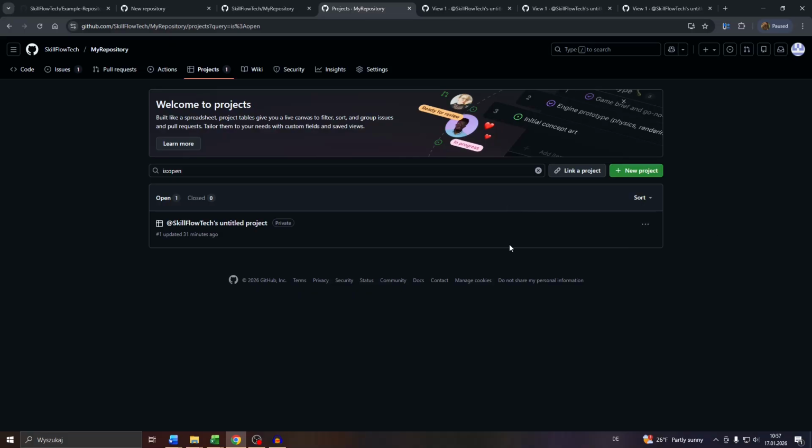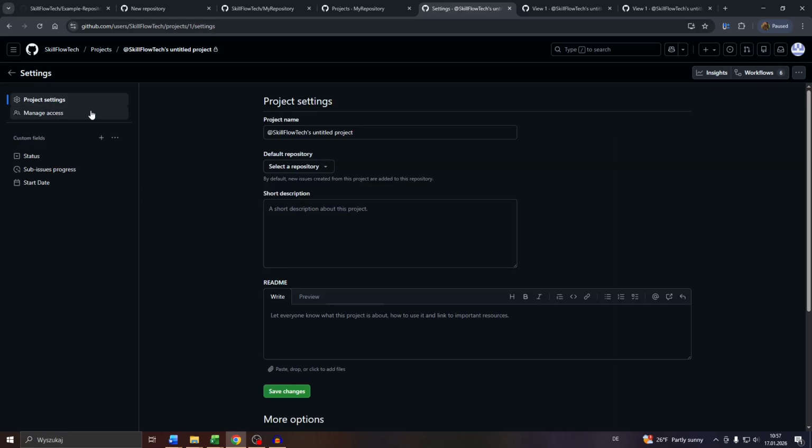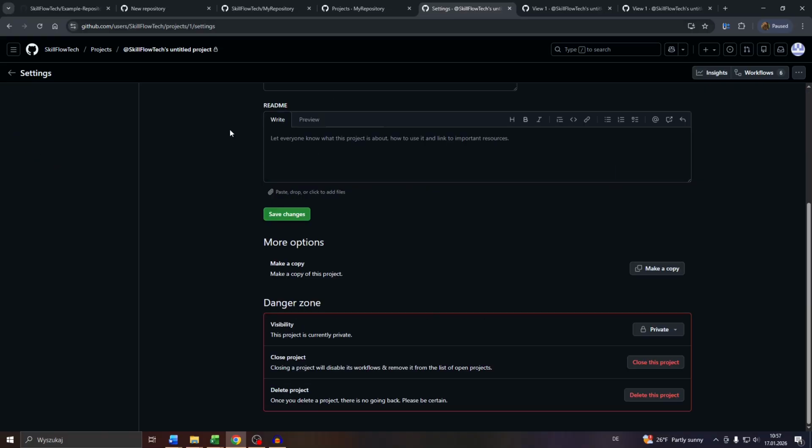That's option number one. Option number two is, let's say for example, you're already inside your project, you navigate to its settings by clicking into these three dots here by selecting settings. That is going to redirect you to your project settings. From there, guys, what you want to do is scroll down and here under delete project, click into delete this